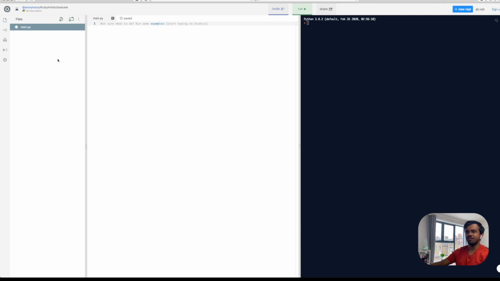The second thing is we've got a list of files. So Python projects. A Python program can consist of one file or more than one file. And the way you indicate that a file is a Python program is you usually name it something and then you put .py at the end. That tells your machine, in this case REPL, that this is a Python file, and so we want to run it as Python code. So here's the list of files.